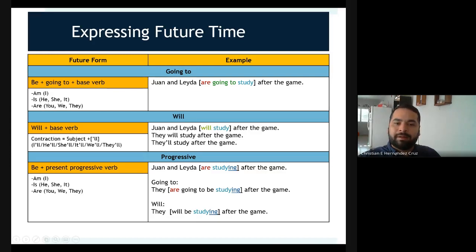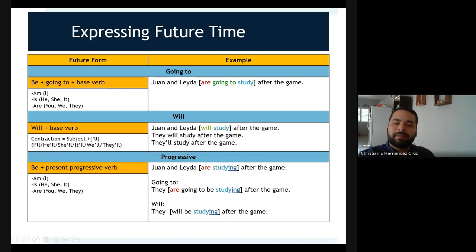Juan and Leida are studying after the game. And of course, there are two different ways to express going to and will, which are also progressive. So you have to watch out for that. This would be the base form of the progressive tense. And I say base because it is the most basic form of the progressive. We just add ing to the main verb, which you already know, and then